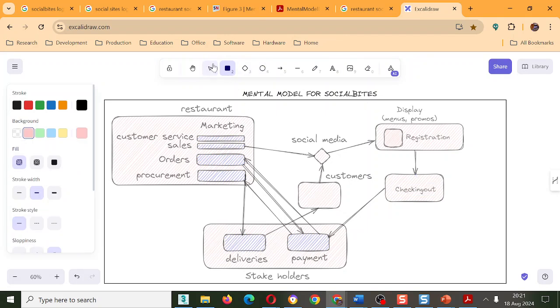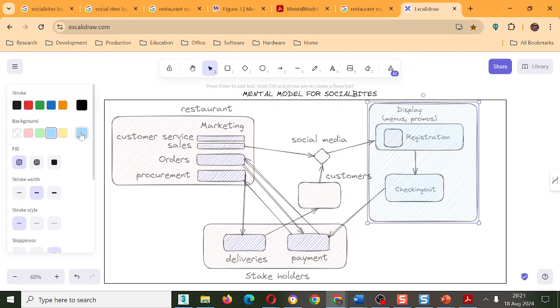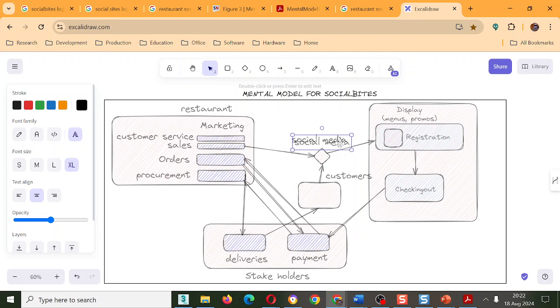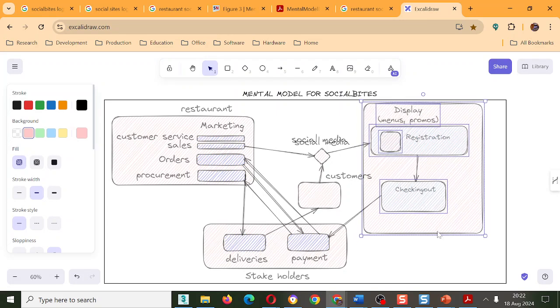But before I do that, for the sake of color coding, I'm going to represent this in blue here, and then represent the website in this color here. I need to send it to the back, and then represent it in this color here. So that's the website. Now, I might argue that it's a good idea for me to move everything down slightly.